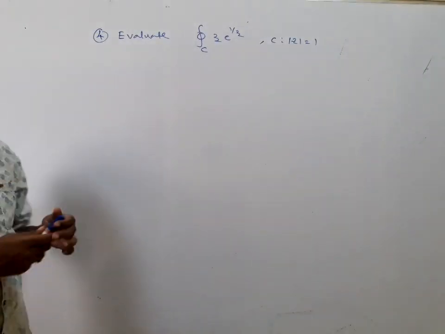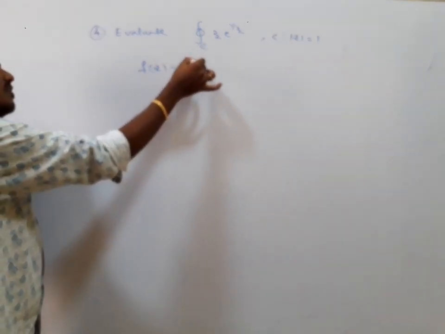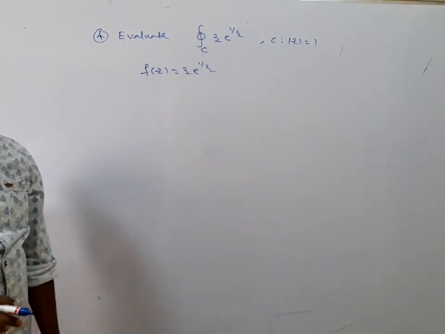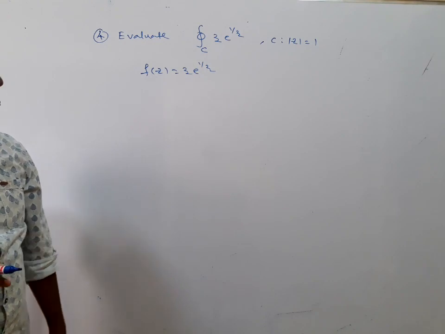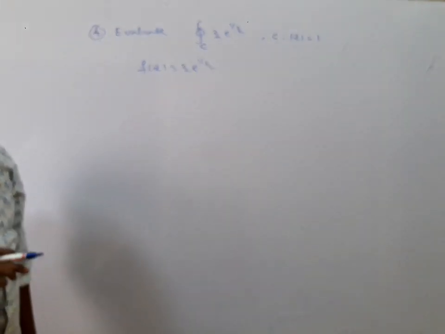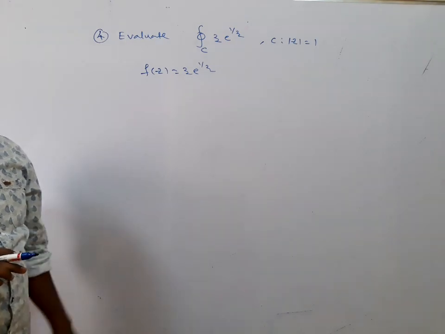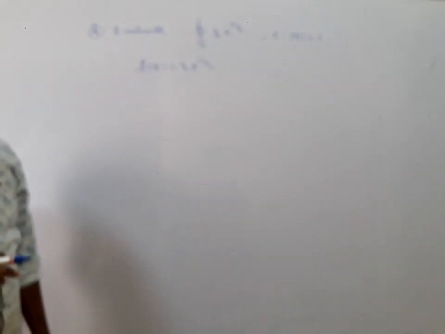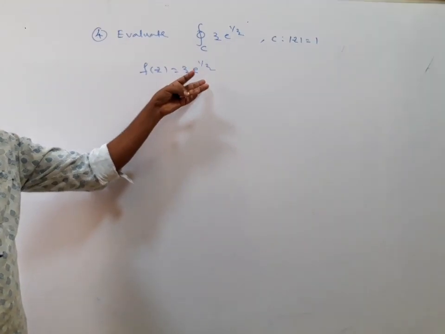Right? Listen, how can we identify the poles here? If you take this problem, f of z is equal to z e to the power of 1 by z. Clearly here, if you see z is equal to 0, e to the power of 1 by 0 is not defined. So z is equal to 0 is an isolated essential singularity, right? That is the case here.